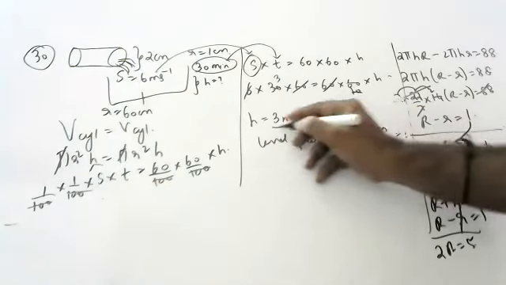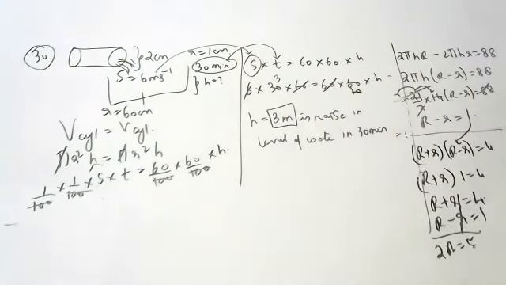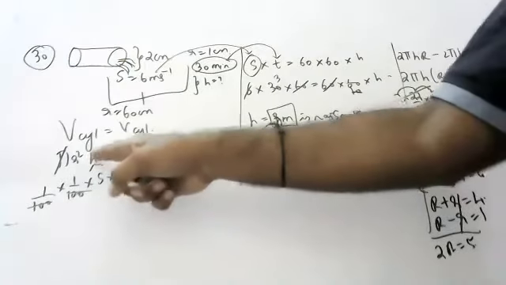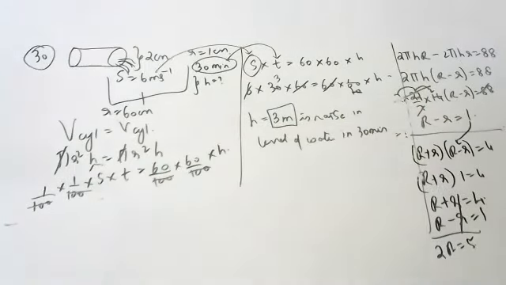Like this, see, children. What I did, children, this height I took as speed into time. You should know when to take the height as speed into time, children. Then only you will be in a position to do the sum. Okay, children. So remaining sums we will do tomorrow.